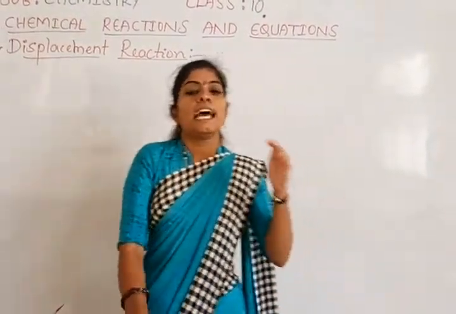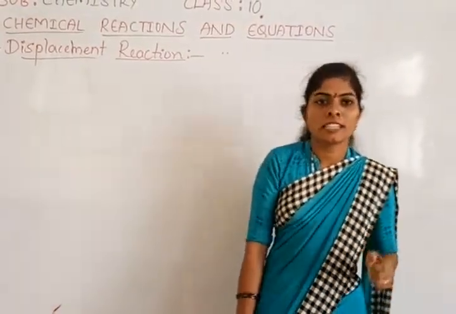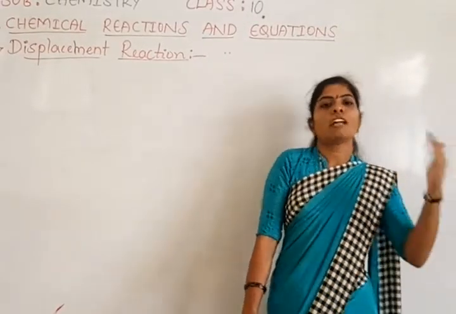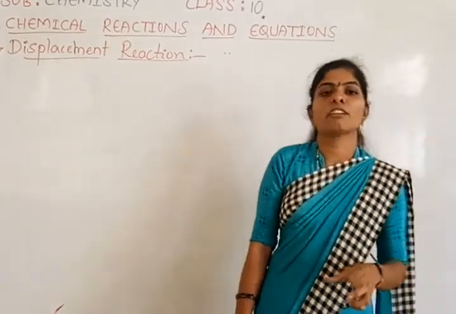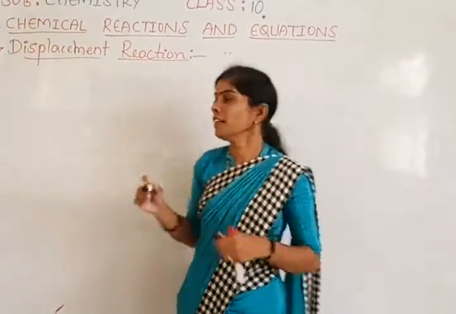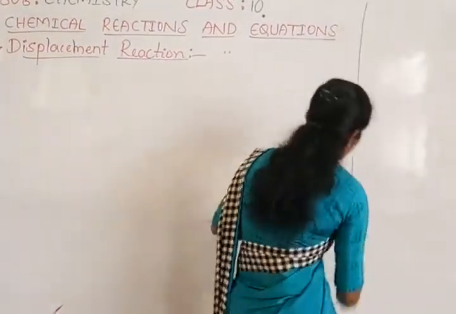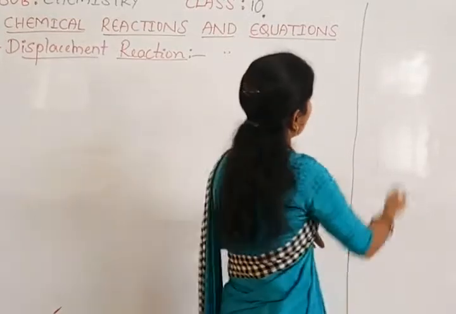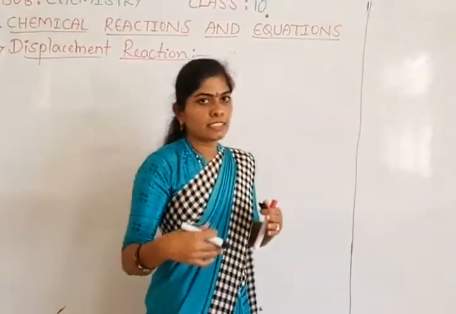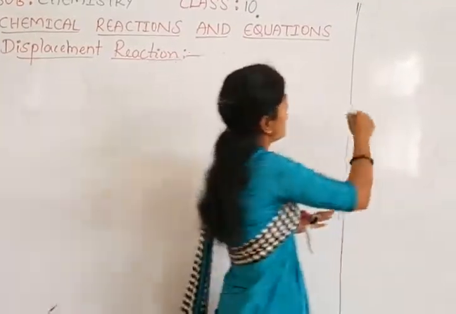In the reactivity series, the metals are arranged according to their reactivity, whether they are less reactive or highly reactive. In the decreasing order of their reactivity, the elements are arranged, and that series we call the reactivity series. I will write it here so that you can remember. The first one in the series is